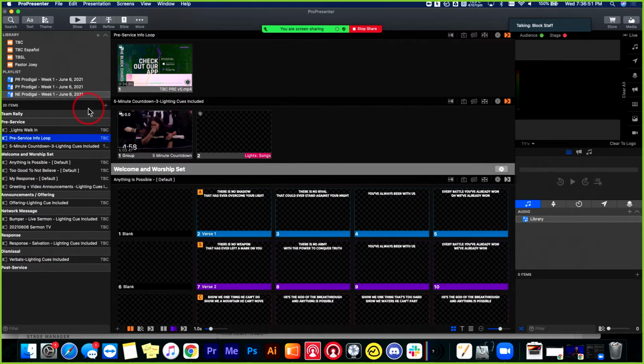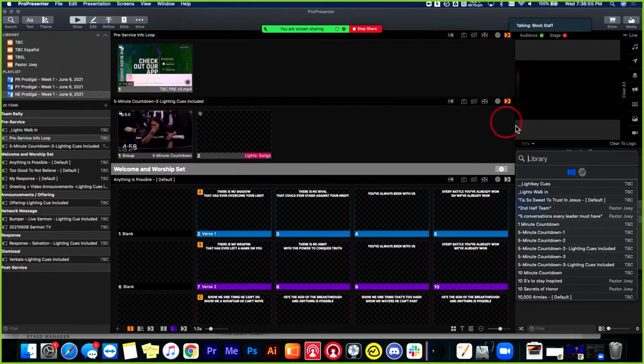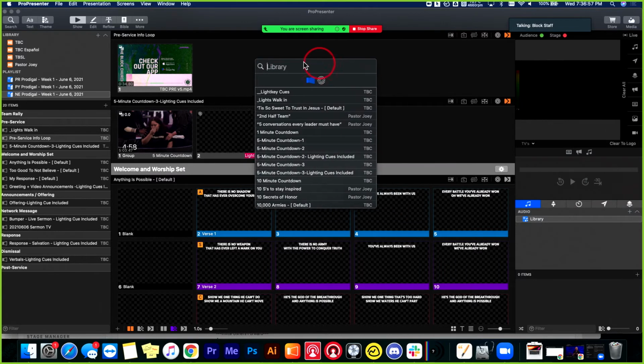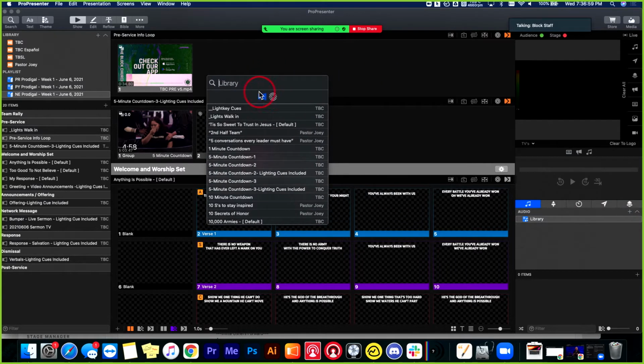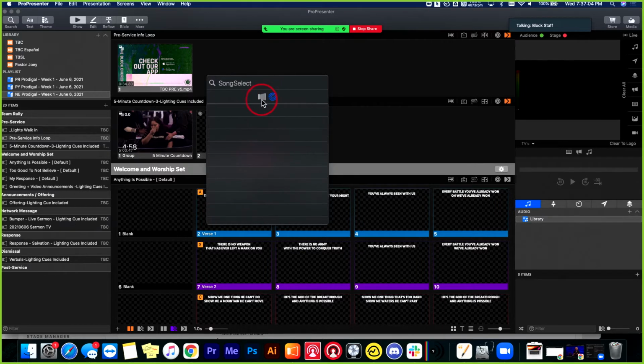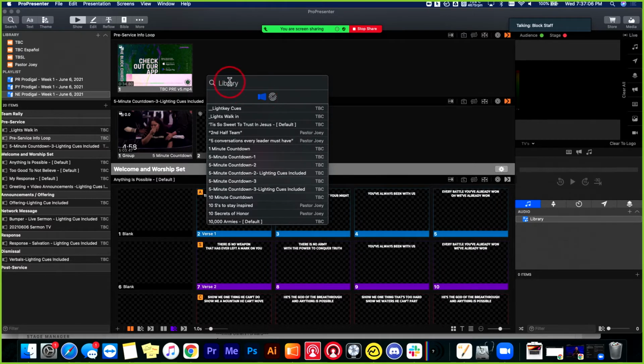A little shortcut to finding something if you needed to would be Command F. It creates this little drop-down library. On the left side here, this is everything that's in our libraries. On the right side, this is something called Song Select. I'll get to Song Select in a second, but if you wanted to find something here, like let's say the worship team was going into a song that we didn't have planned for,